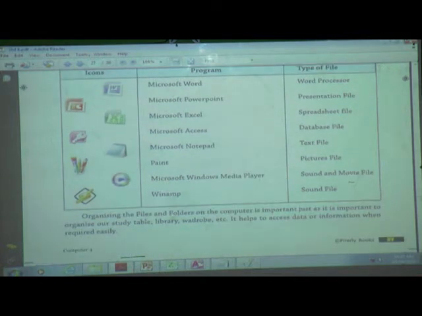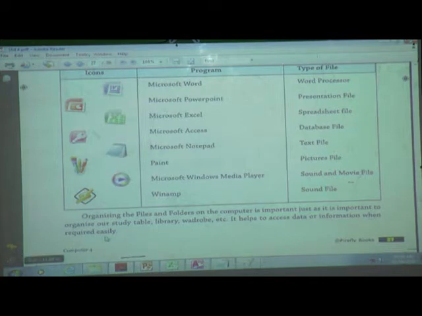Organizing files and folders on the computer is important, just as it is important to organize our study table, library, wardrobe, etc. It helps to access data or information easily when required.